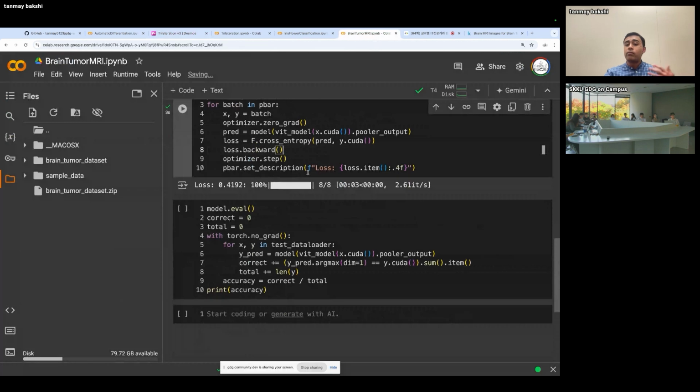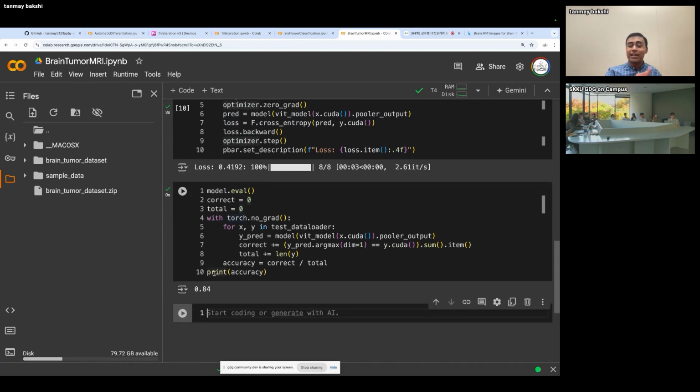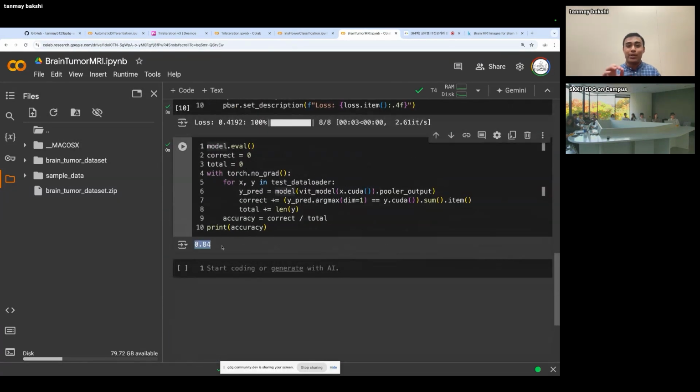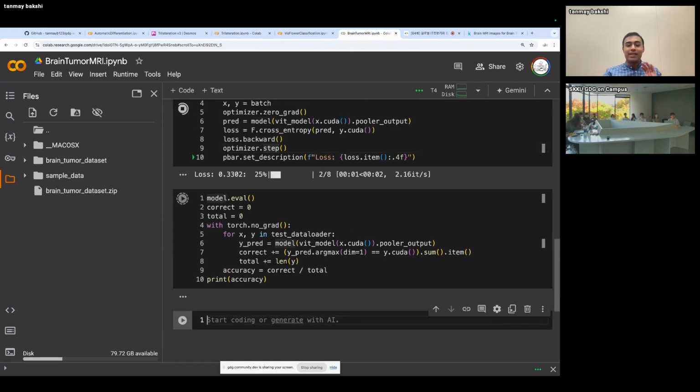There's room for error. But running this training loop over and over again, which follows the same pattern as before, if I run the evaluation down here, already in literally just a couple of seconds, we got a machine learning model with barely any code that is already 84% accurate on a testing set at classifying between images of brain MRIs that do and do not have tumors. And this is one of the really interesting things about ML, is that even though we just spent quite a bit of time going through, and there we go, 88%.